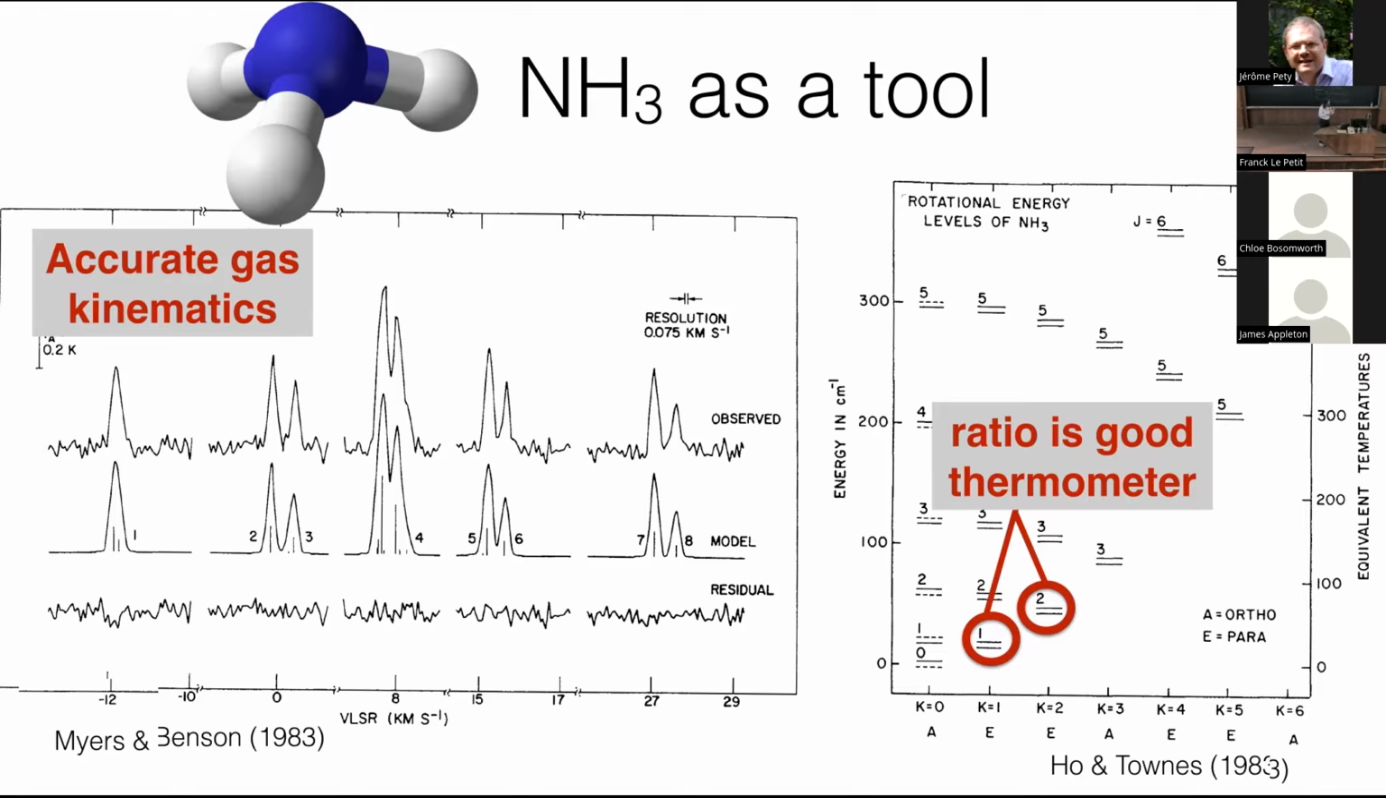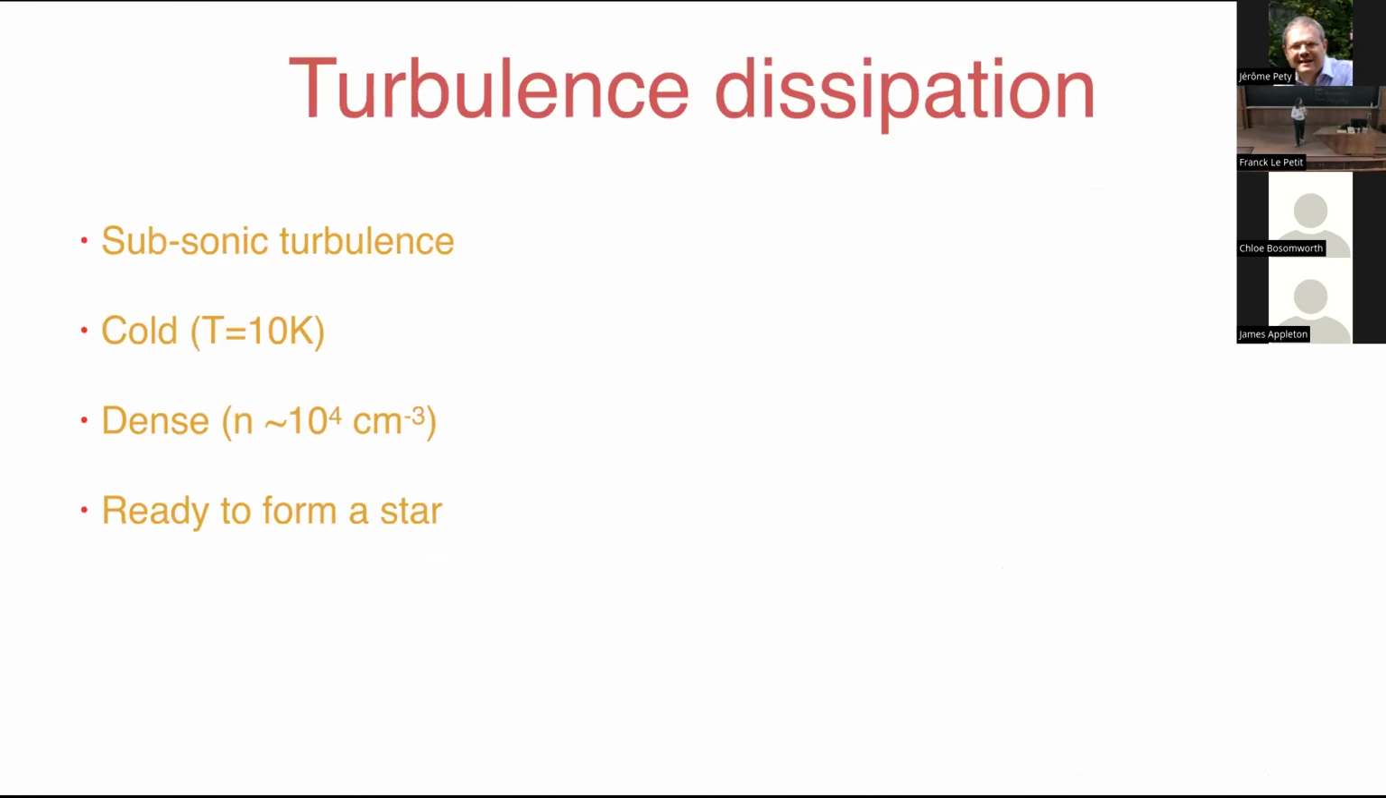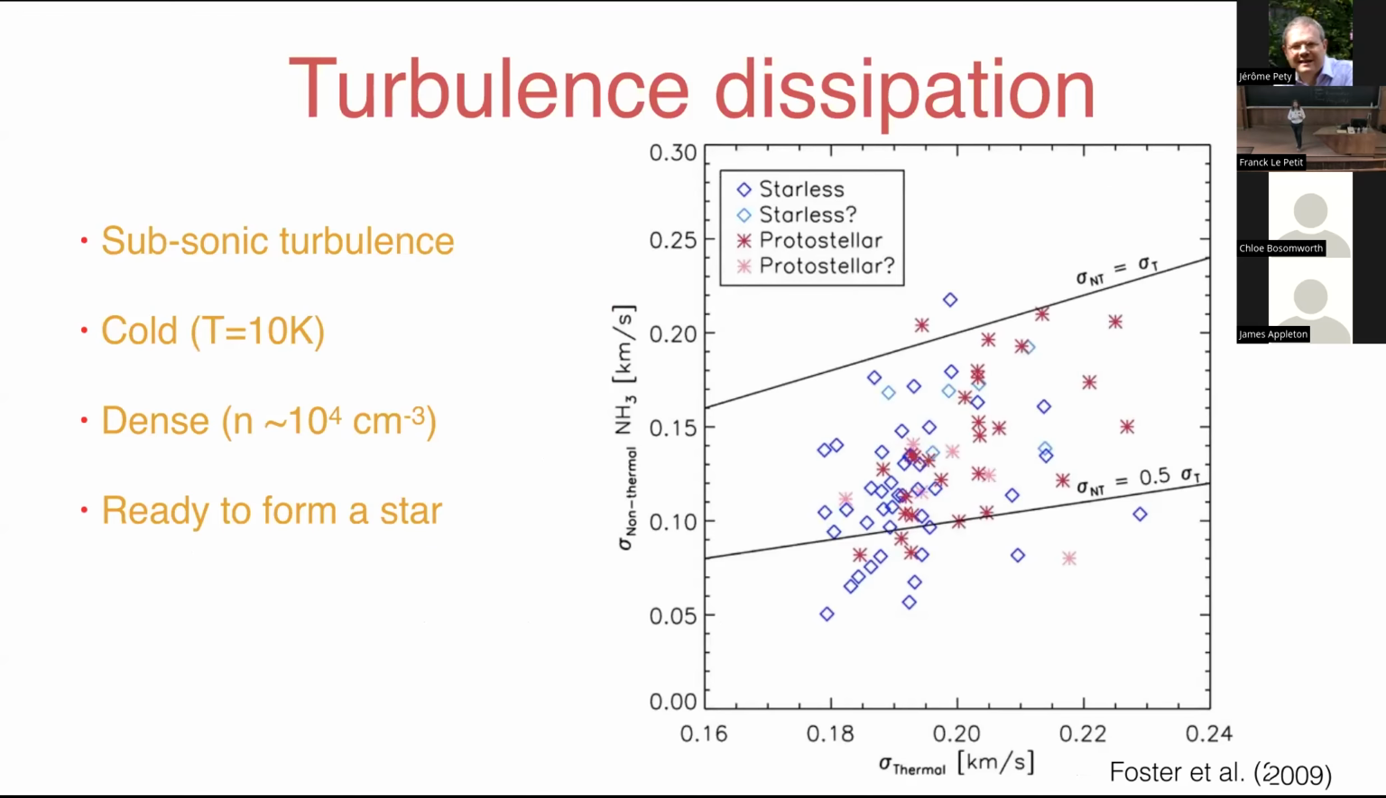So in this case, if we're able to get deep observations of ammonia, we can get kinematics and we can get temperatures, and that is crucial to understand what's the dense gas doing. So in the case of dense cores,